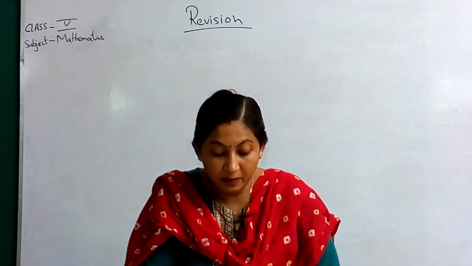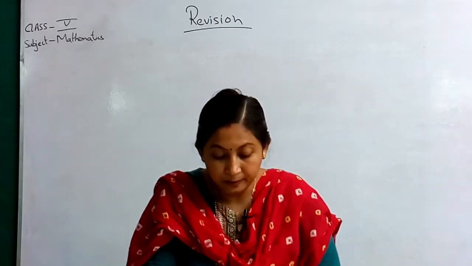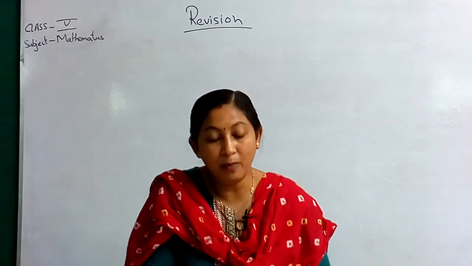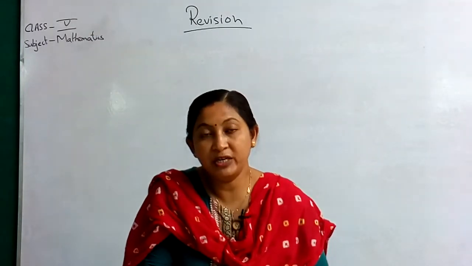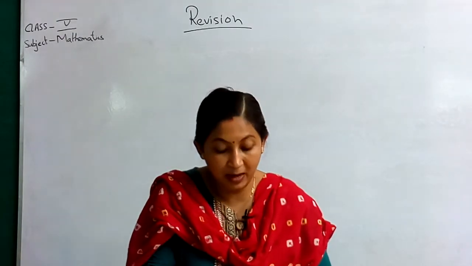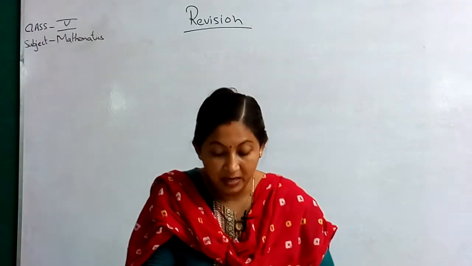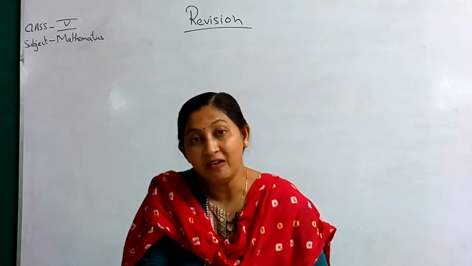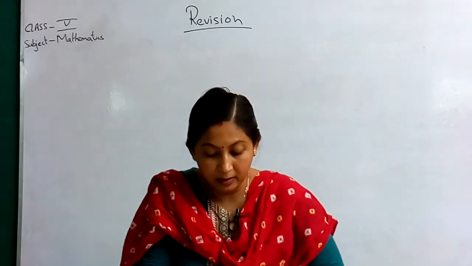Next one, question number 5. Kamal saved rupees 485 every month. How much did he save in 5 years? That means in 1 month he is saving 485. So in 1 year, how much is he saving? In 1 year it is 12 months, so you will multiply by 12. Similarly for 5 years, you will multiply by 5. The number which you get, you will give a tick mark. It will be number